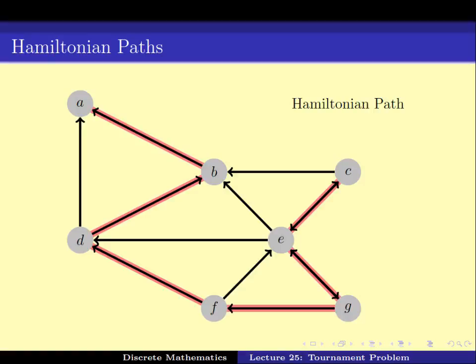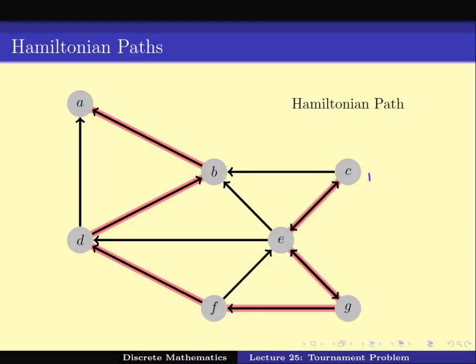Note that the original labeling of the vertices is just irrelevant. The Hamiltonian path is just a path from some vertex to some other vertex where every vertex appears once. So here, for example, we have marked this one as the first, second, third, fourth, fifth, sixth, and seventh. So the original labeling is not something of that importance for us.